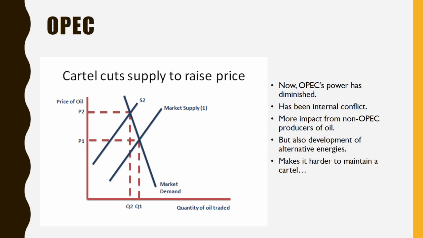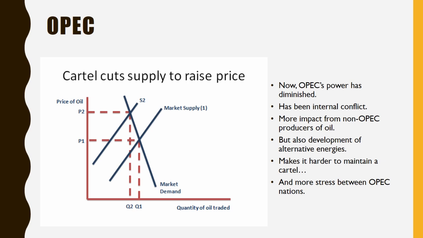And so when you read about OPEC, you don't read about them being the kind of cartel that they used to be. And of course, all of this is going to lead to more stress between OPEC nations. And it only works as a cartel if they can work together, if they can agree. And so OPEC isn't the strength that it used to be, but it's certainly still a great example of a